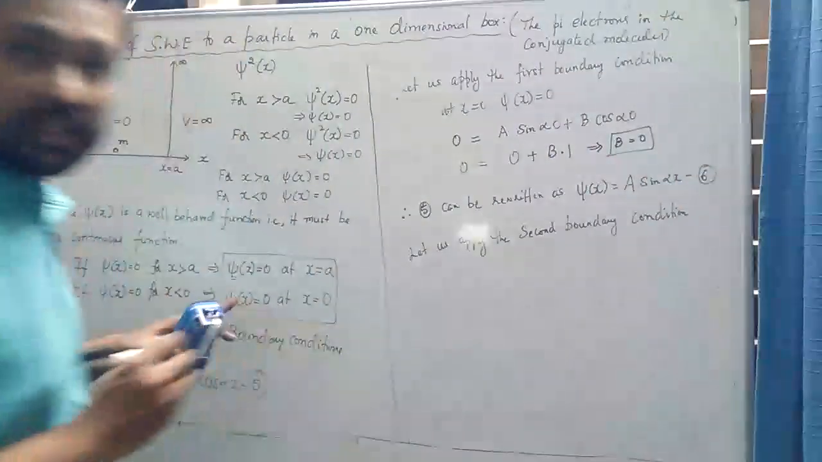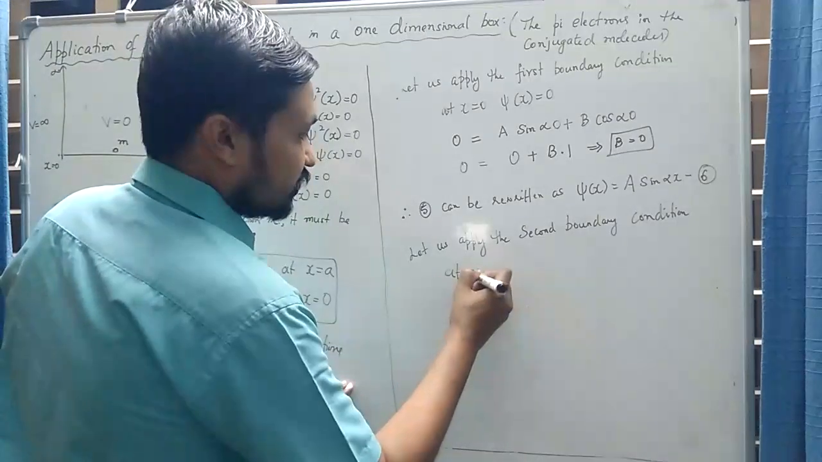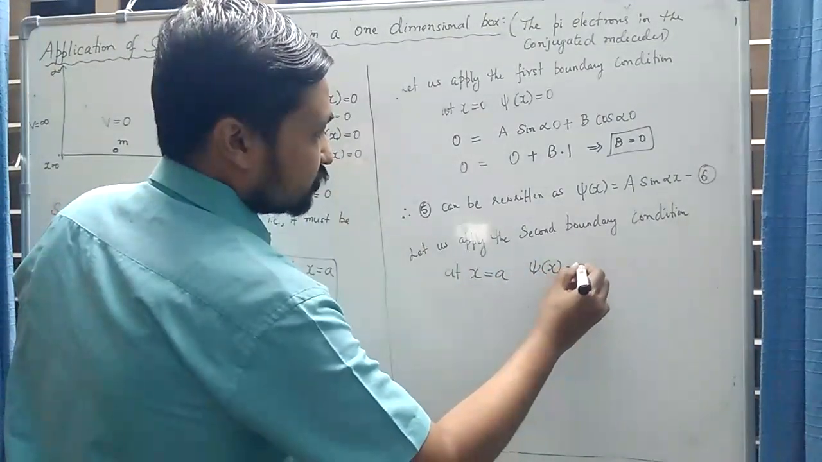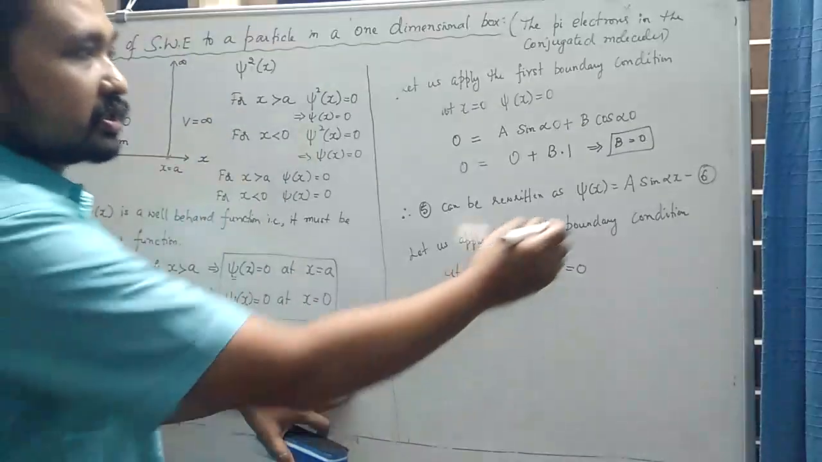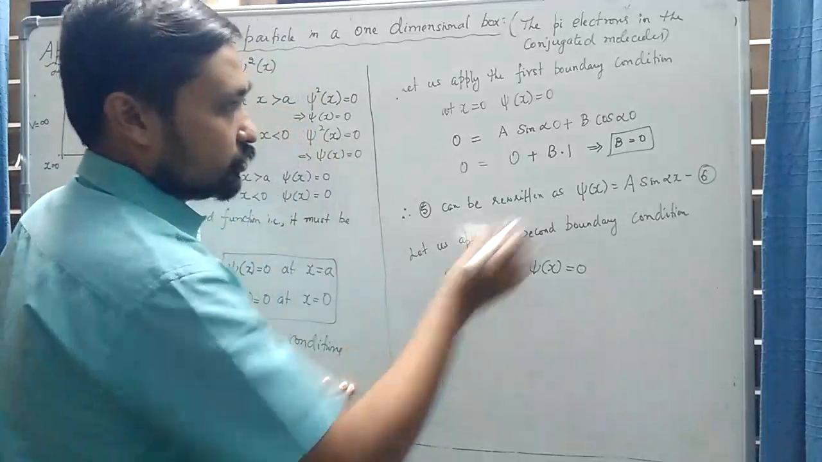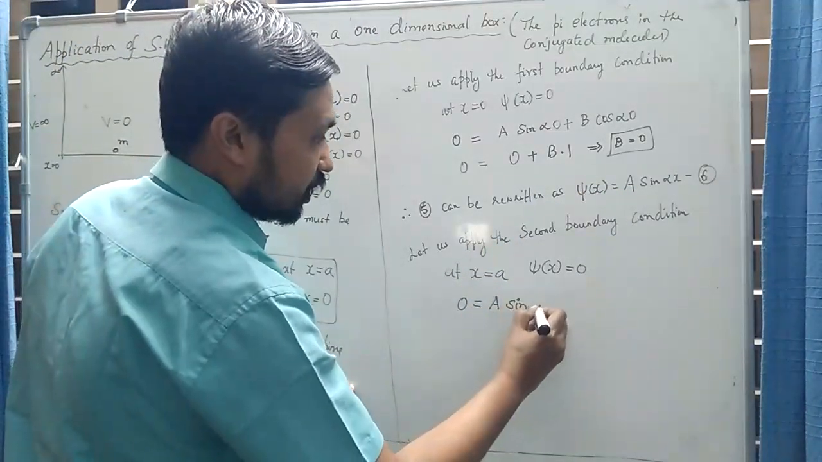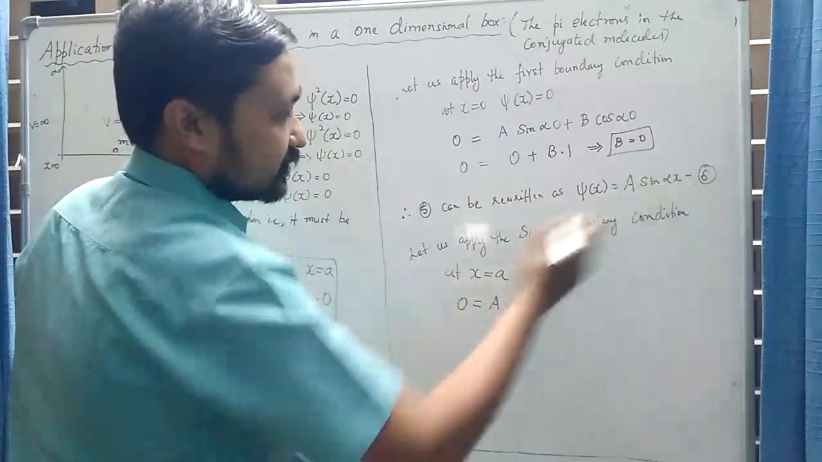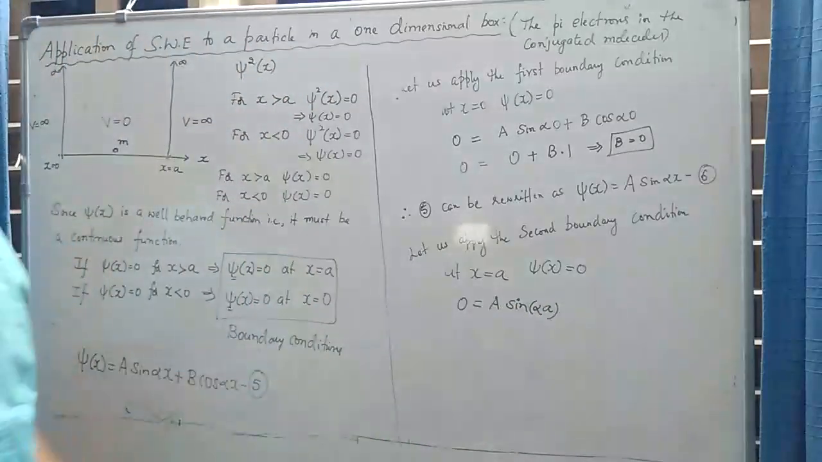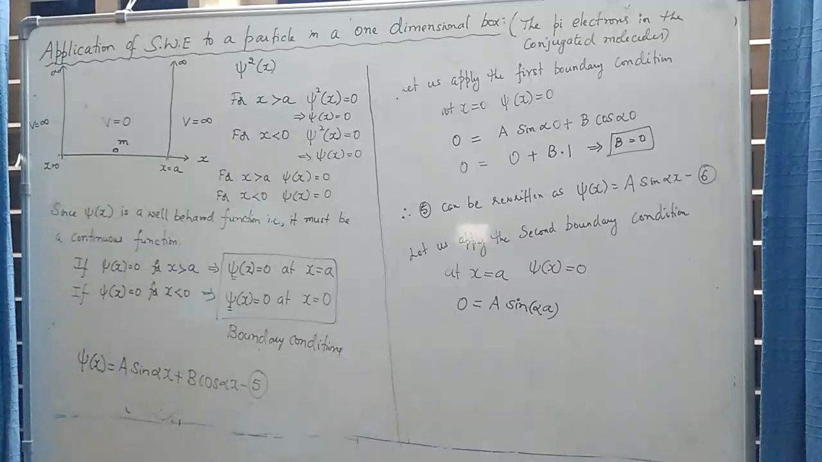What is the second boundary condition? The second boundary condition is, when x is equal to a, psi of x becomes 0. Let us substitute here. Psi of x becomes 0, so 0 is equal to a into sine alpha into x. The x value is now a. I will write it inside the bracket to avoid confusion. So 0 is equal to a into sine alpha a,